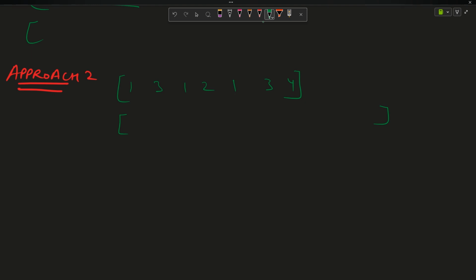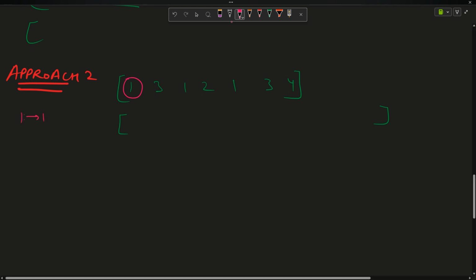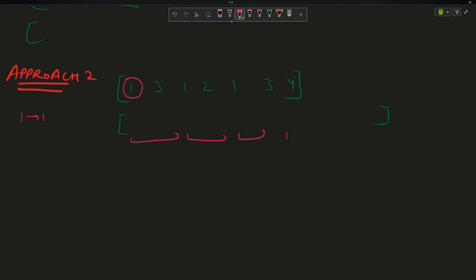Now I will start traversing the array. I encounter 1, right? Now 1's frequency will get updated. So 1 has a frequency of 1 right now. Now I will see where this 1 will get into the position. If I say that there are n rows, this is the first row, second row, third row, fourth row, fifth row, right? I will say this one